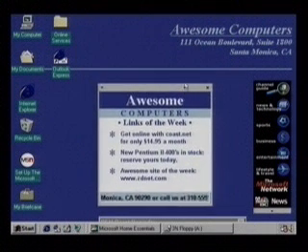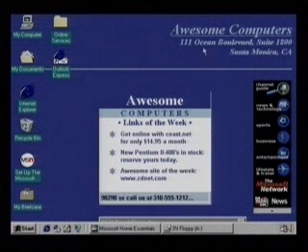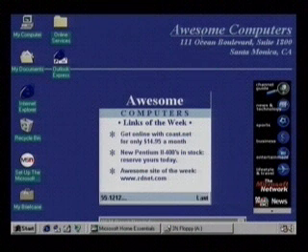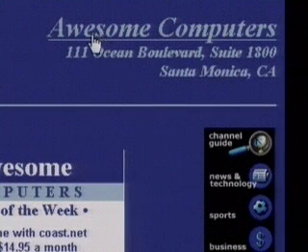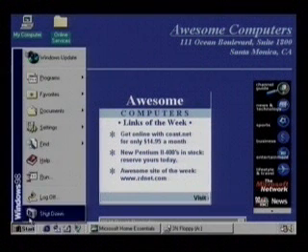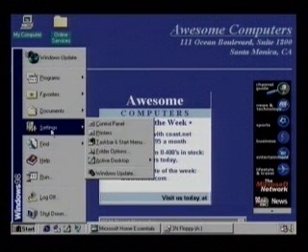And recall the Awesome Computers desktop wallpaper, and you can see that I've got a live HTML HTTP link there. You can see it changes from the cursor to the pointer. Let's take a look in the Control Panel. So I'll go to Start, Settings, Control Panel,